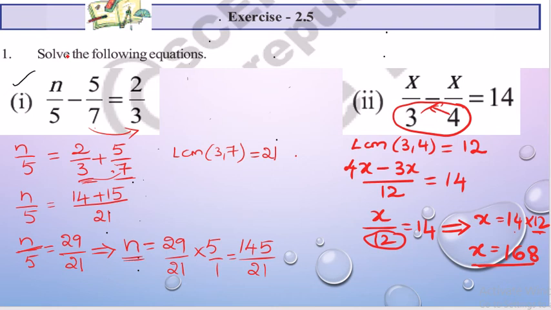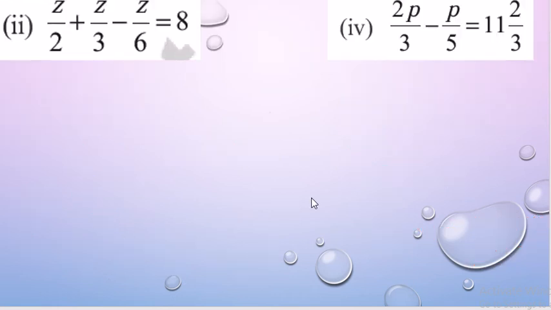So likewise we can simplify the question. This is one of the models which we have. Next, moving on to the next question. See here we have three fractions, containing 2, 3 and 6 in the denominators. Since these fractions have different denominators, I need to take the LCM of 2 comma 3 comma 6.